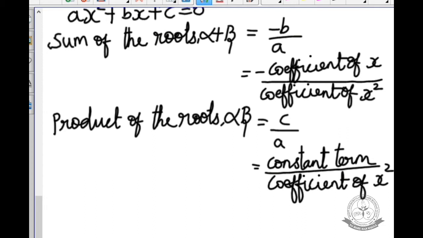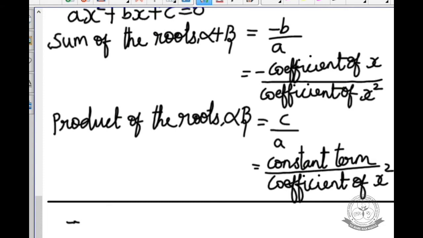Quadratic equation is of the form ax square plus bx plus c equal to 0. அதில் x equal to a ன்னு போட்டு answer 0 ன்னு கிடைச்சிச்சுன்னா it is known as roots. அதில் quadratic equation ன்றதுனால it has two roots. I take it as alpha beta. இதுதான் ax square plus bx plus c, quadratic equation ஓட general form. Sum of the roots is minus b by a, that is coefficient of x divided by coefficient of x square. Product of the roots alpha beta is c by a, constant term divided by coefficient of x square.